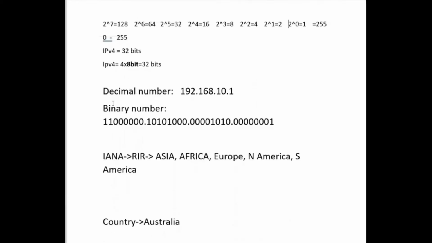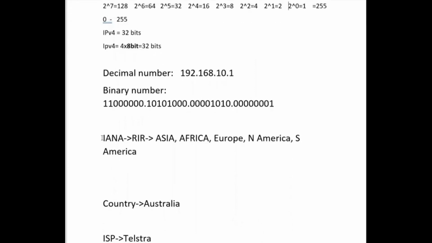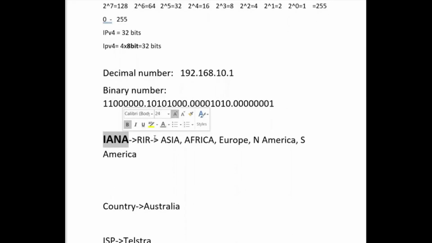Let's have a look at how this IP address assignment is actually done. IANA, the Internet Assigned Numbers Authority, is the main provider. They assign the IP addresses to the RIRs. RIR stands for Regional Internet Registries. So they are each in a different region, but under each region, we have different